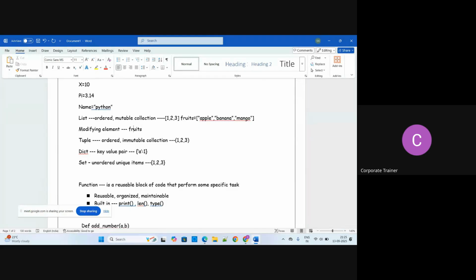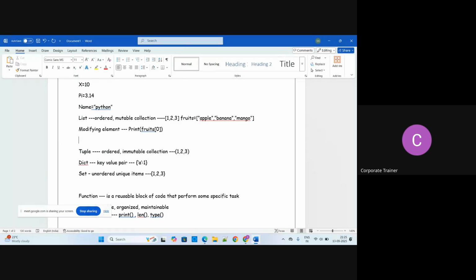I'm writing like that, so directly I print this, it will save time. So I can write print fruits at 0. So what does it mean here? It means apple.